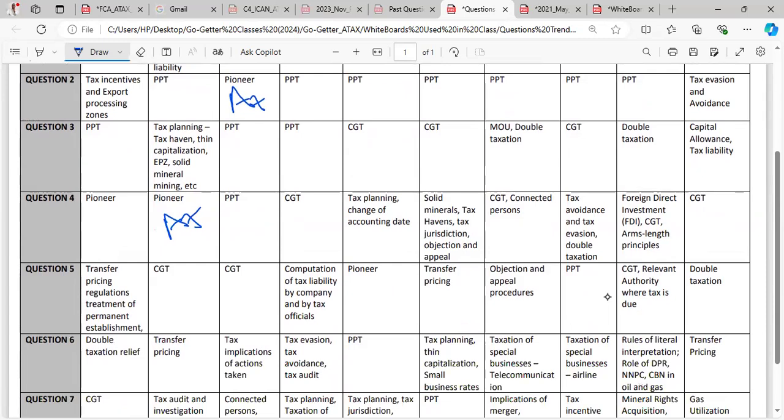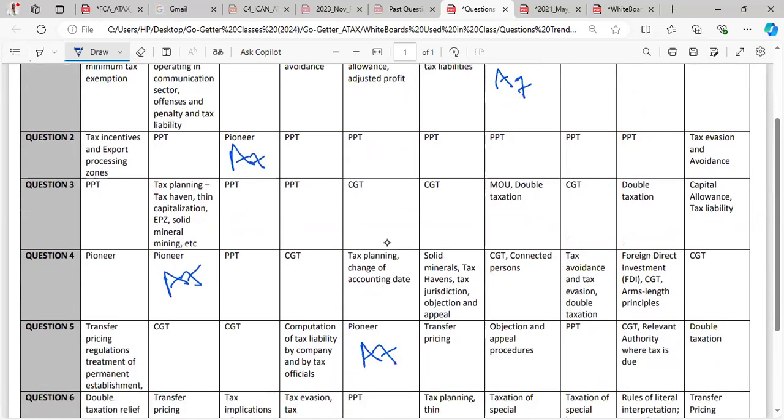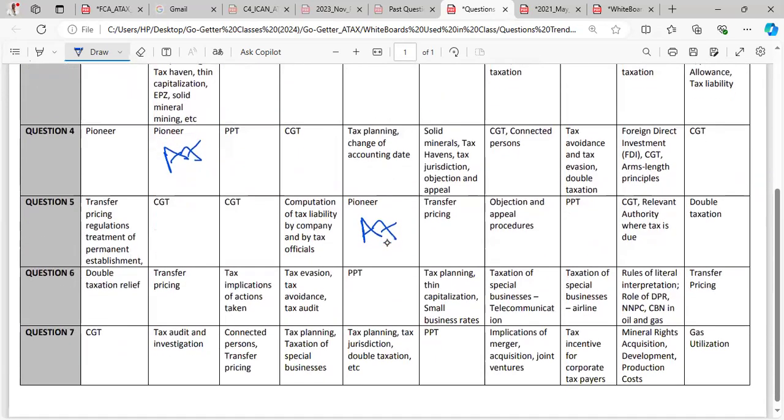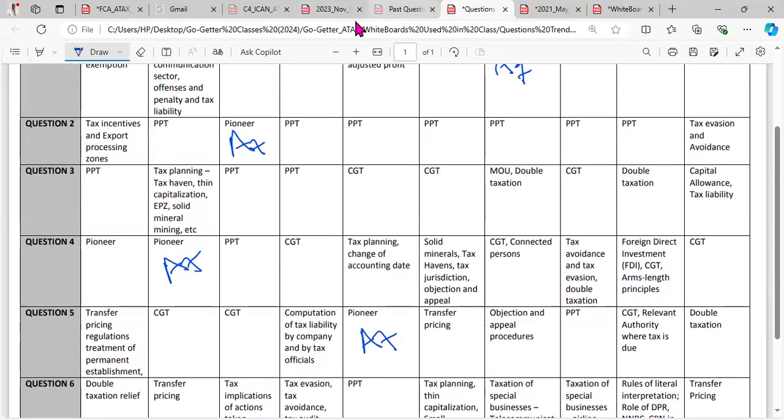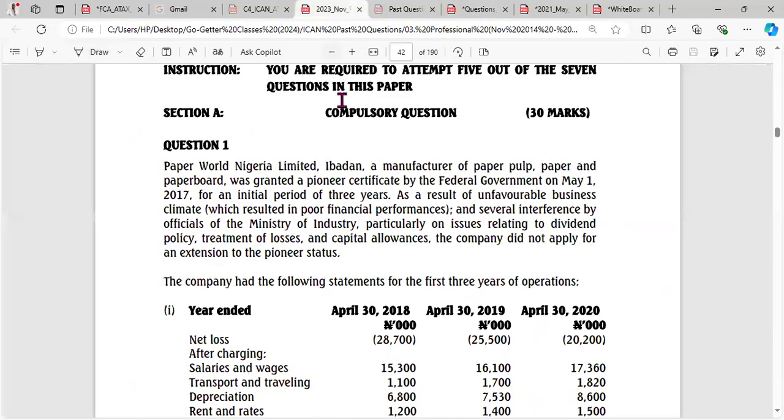We also have this one here again. This is November 2016 question 5. And that's it. Then you can also check November